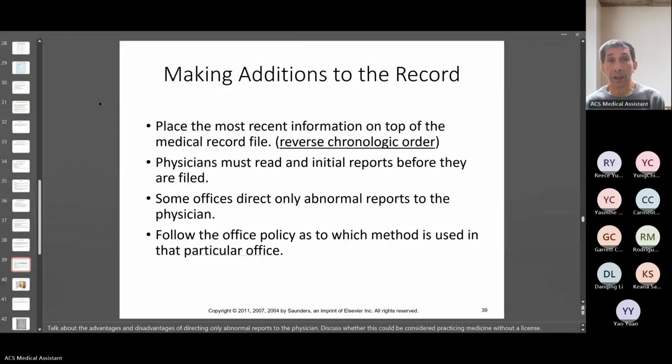Let's go over making additions to the medical records. There are two ways of making additions or making corrections. When we add something to the medical records, remember we have these loose papers, because we have a paper-based medical record. Well, you have to go there and place this